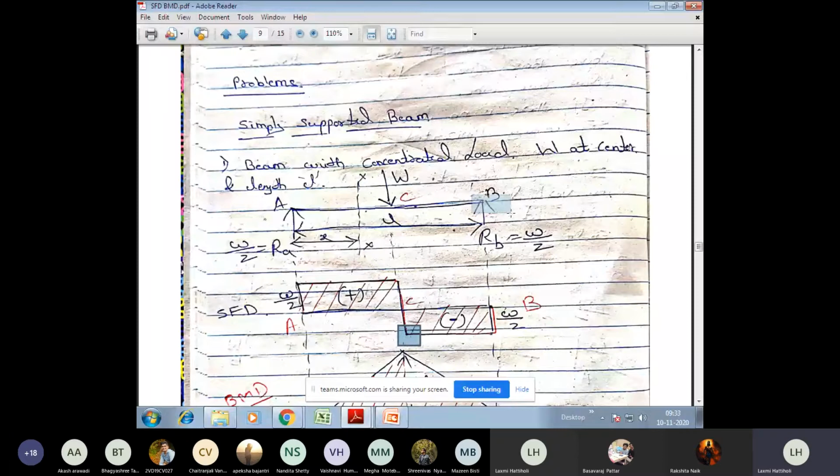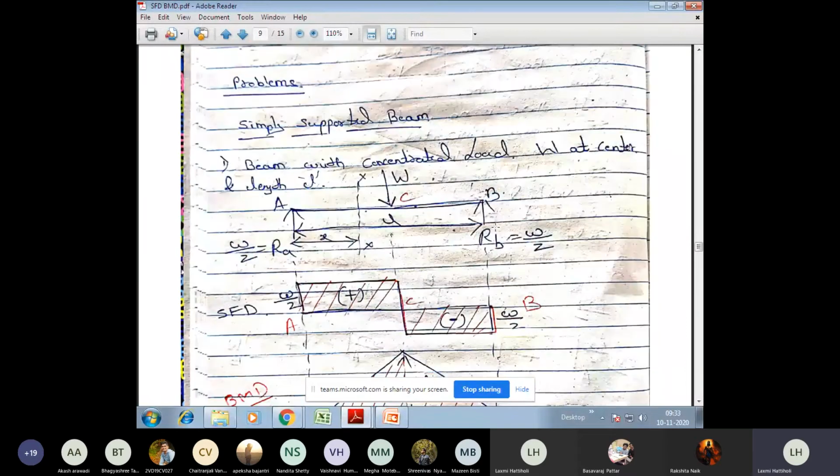Next, shear force at B. Now, whenever you are calculating at the last point, is this not my last point of my beam? Yes. This is the last point of my beam. If you are coming from the A side, this is my last point of the beam. Then at the last point of the beam, do not consider this reaction RB. I'm telling you another method. Do not consider this reaction RB if you are coming from the A side. Now, if you are coming from the B side, then don't consider RA in a reverse way.